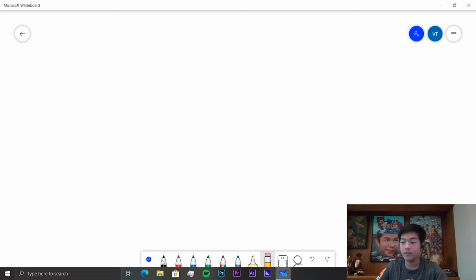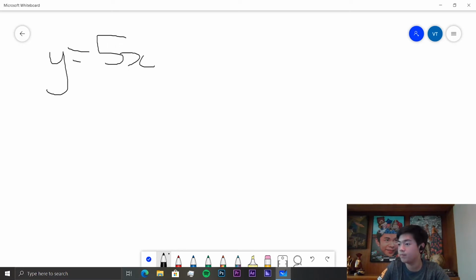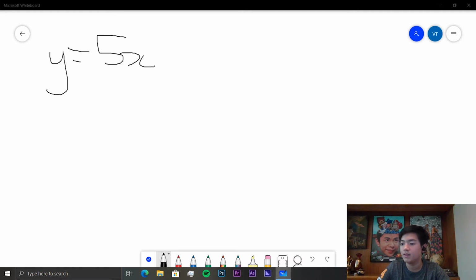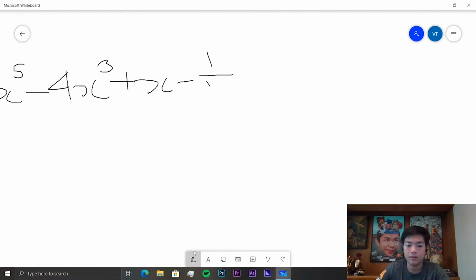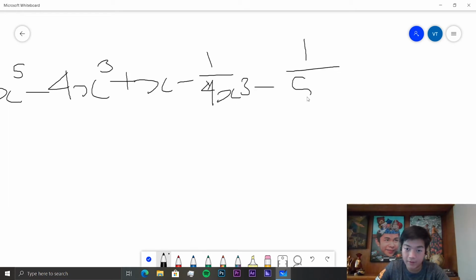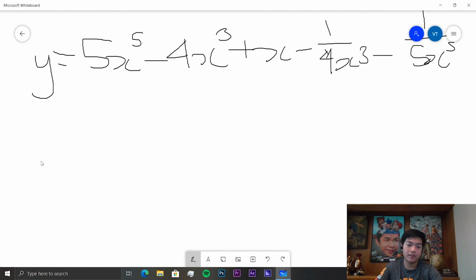So for our next function, we have y is equal to 5x to the 5 minus 4x cubed plus x minus 1 over 4x cubed minus 1 over 5x to the 5th. Okay, so we have dy over dx